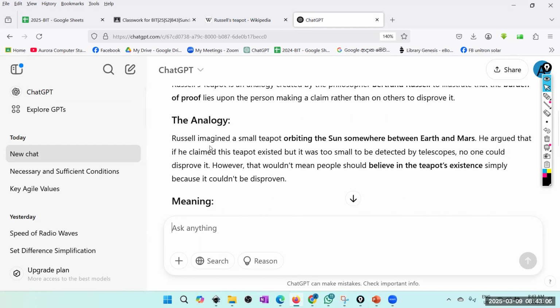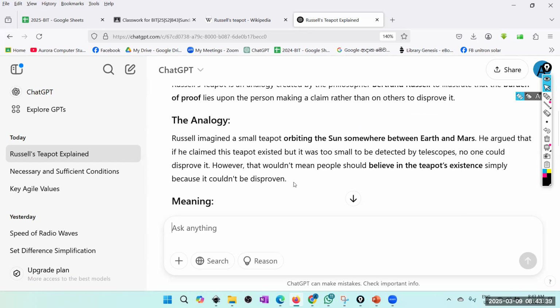Right. So this is what Russell imagined: a small teapot orbiting the sun, somewhere between Earth and Mars. He argued that if someone claimed this teapot exists, but it was too small to be detected by telescope, no one could disprove it. However, that wouldn't mean people should believe in the teapot's existence simply because it couldn't be